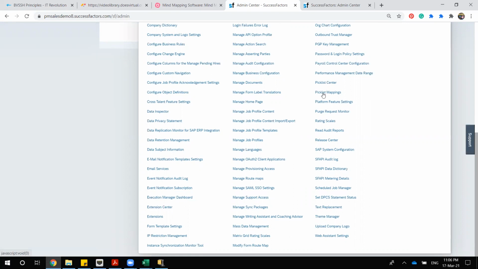There are certain things which are related to outside your Employee Central, like performance management. All these things we will not be seeing, but whatever is relevant for our Employee Central, we'll be seeing. Regarding email, we have two things: email notification template setting, and email services. So if I go to the email notification template setting first,